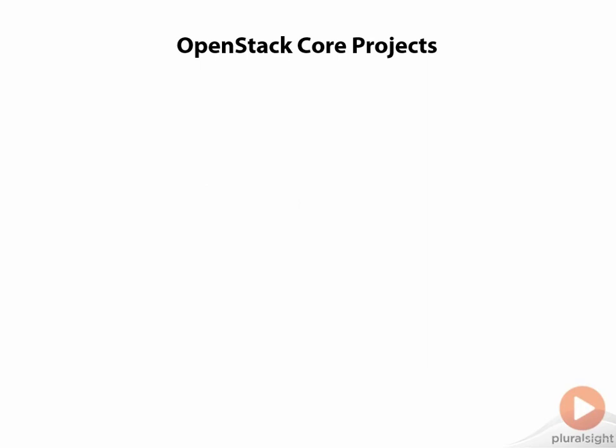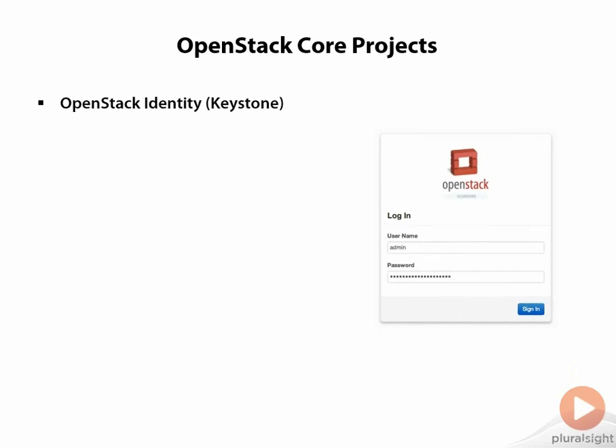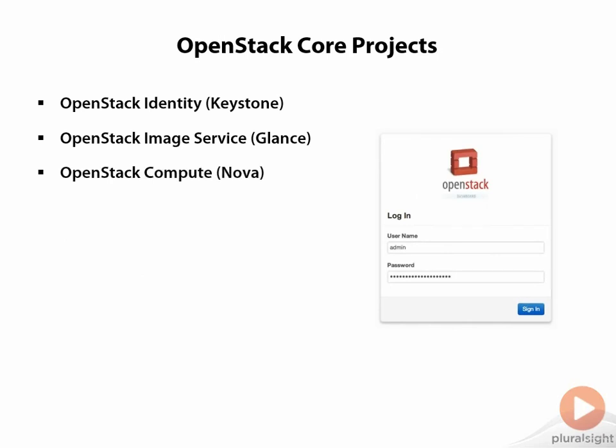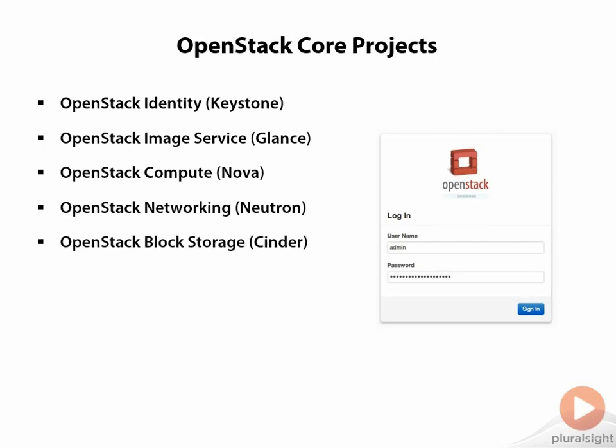Let's quickly recap all of the projects that we looked at. Of course, we have our Keystone service, which is the identity service. Underneath that, we have our Glance environment, which is our image service, or sometimes referred to as the templates. Those are managed into our Nova environment, which is the compute platform. The advanced networking is called Neutron, formerly known as Quantum. Our block storage environment is Cinder.